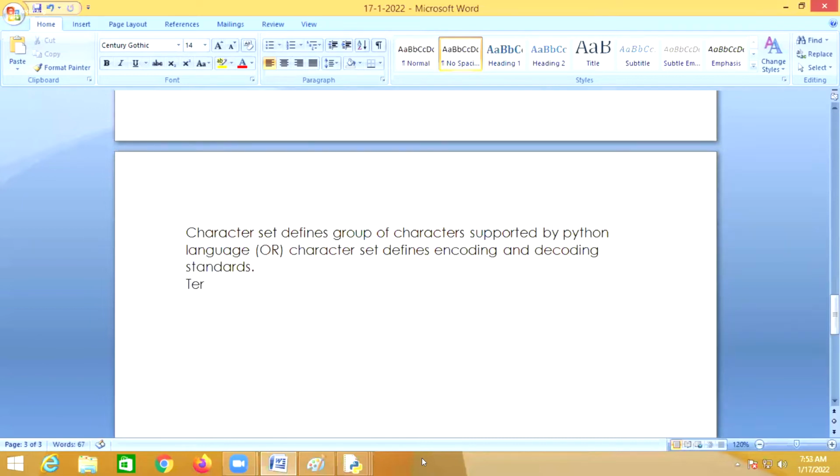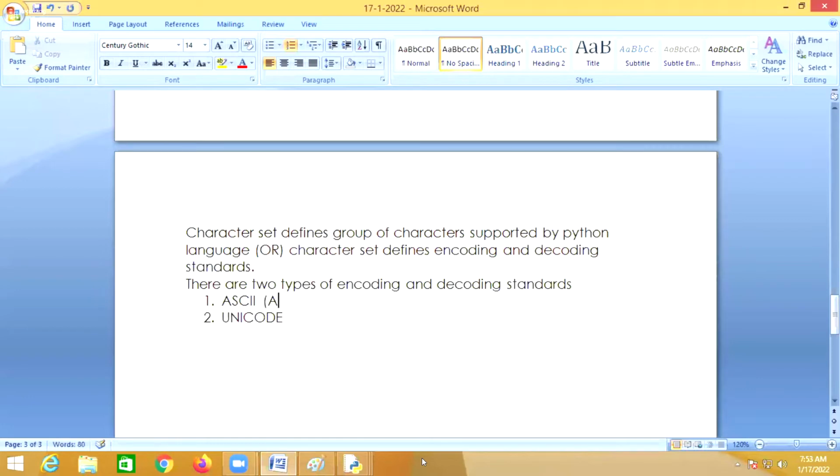So there are two types of encoding and decoding standards. One is called ASCII and the second one is called Unicode.